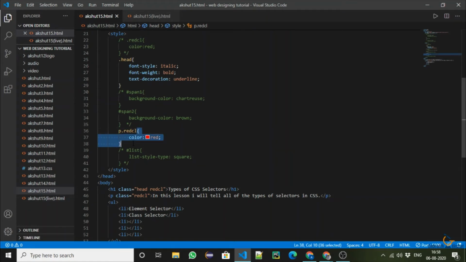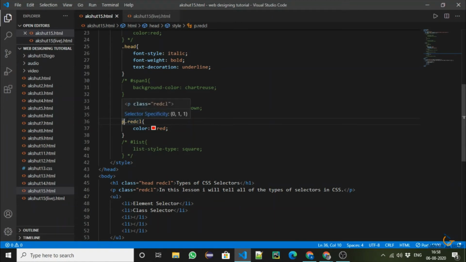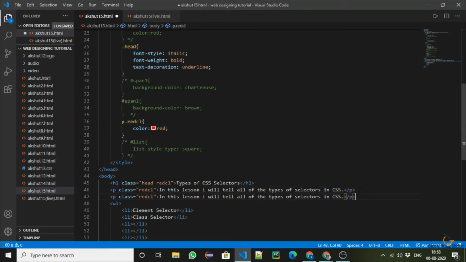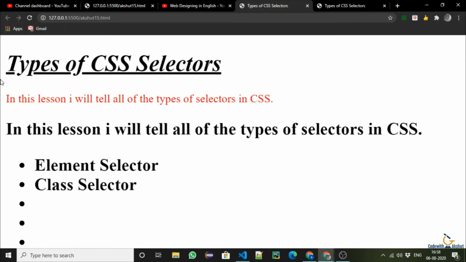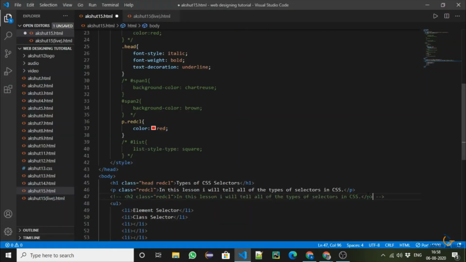So this is another optional thing, so that you can use this as a feature of class selector. It would help us find the class in a particular element. Like if I made another and I did it as h2 first, it will not apply here. Why? Because I have only selected the paragraph which contains red CL, so it will apply in this only because it is containing the paragraph element and the red CL class.